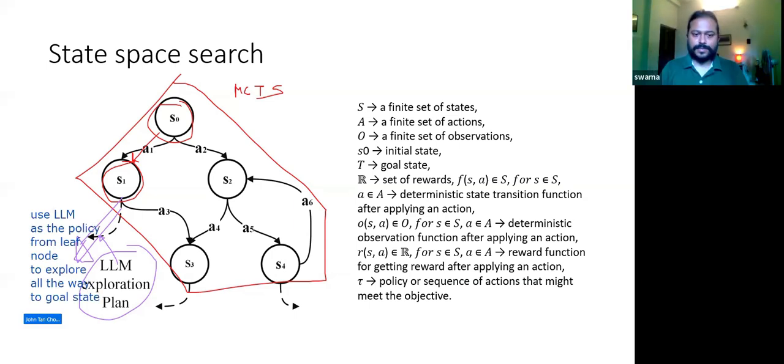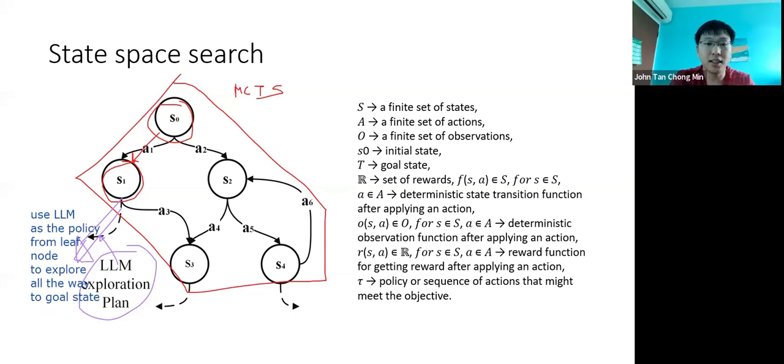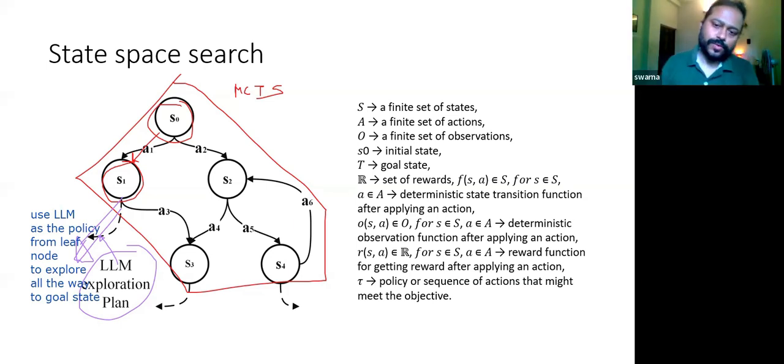Exactly, that's right. What if you can't reach the goal state? Then how do you terminate your LM? Yeah. So the LLM is going to give out some plan, a finite set of action sequence. Of course, it might not get to the goal state. So those action sequences will be executed in the environment, and the outputs will be recorded. Okay. So those will be the action observation pairs, and those observations will be encoded into a specific step.